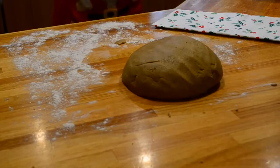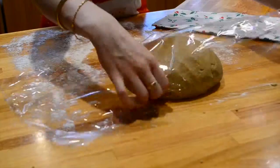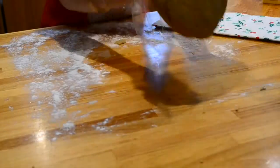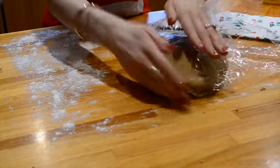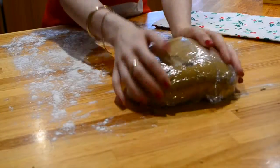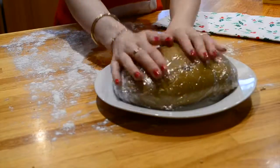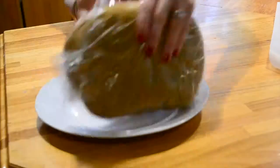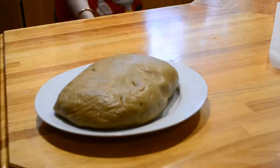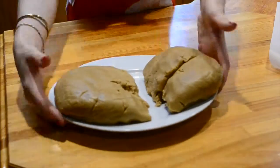The next step is to cover your gingerbread in Glad wrap. Place it on a plate and pop it in the fridge for 30 minutes to cool. While your gingerbread's resting in the fridge, preheat your oven to 180 degrees Celsius. After the 30 minutes is up, take your gingerbread from the fridge, split it into 2 halves, and place one